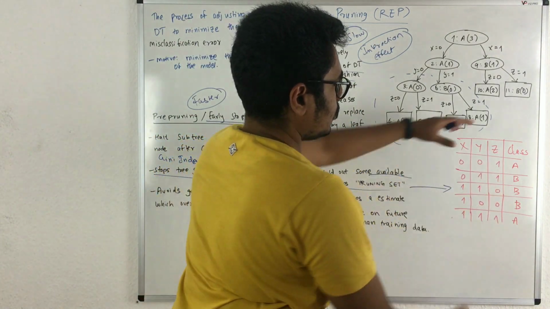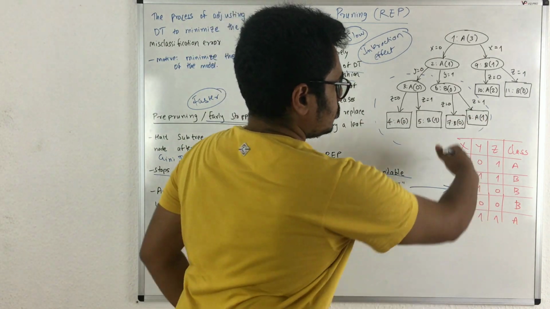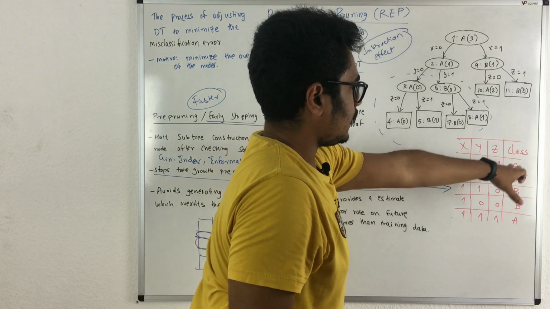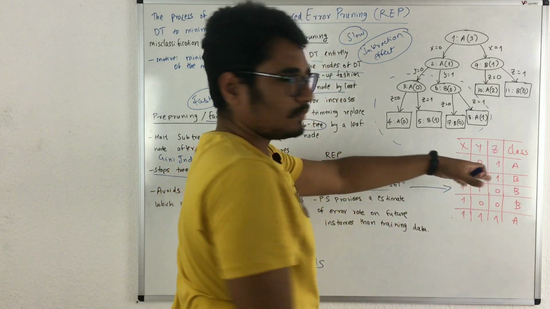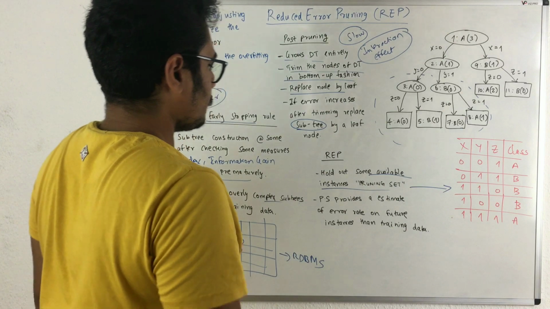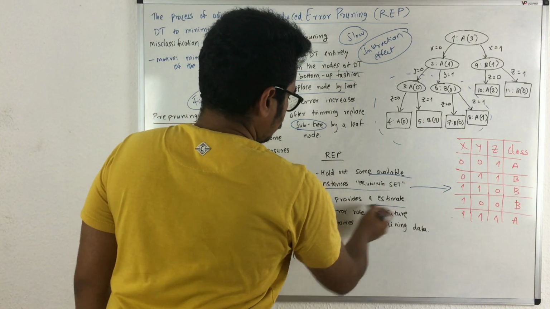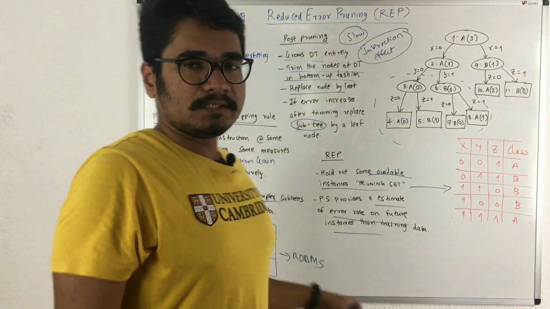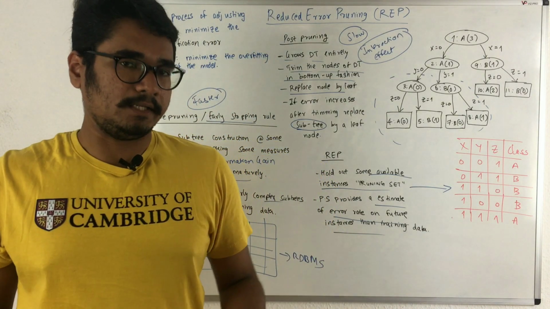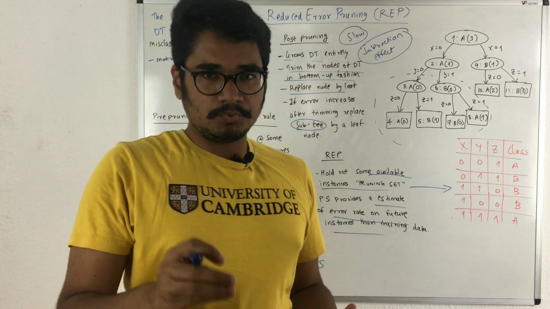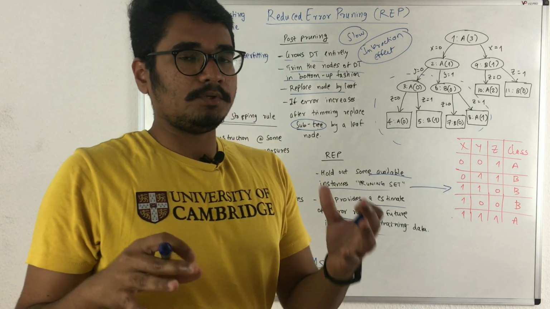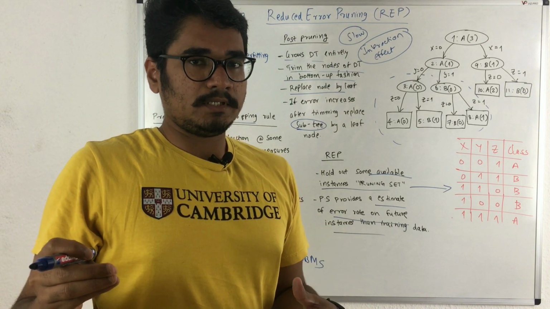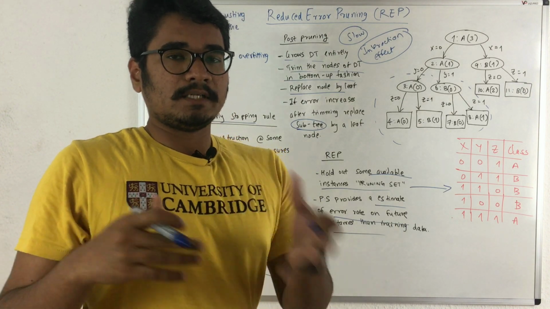This red table that you can see is called a pruning set. It has some instances and the classes assigned, with rows and columns like in a relational DBMS, and it provides an estimate of error rate on future instances better than the training data. The pruning set is not used to build the tree. The training data was used to build the decision tree, but the pruning set is just used to check the error estimate, and it's compared against the training data.